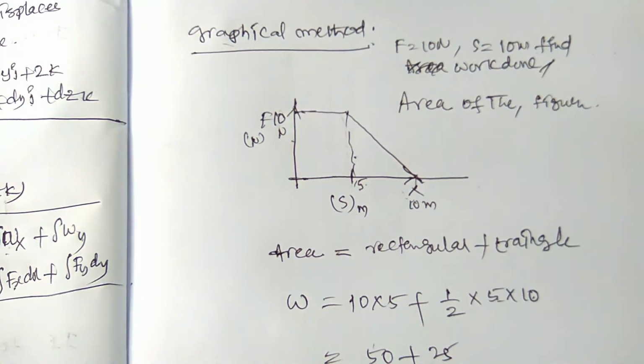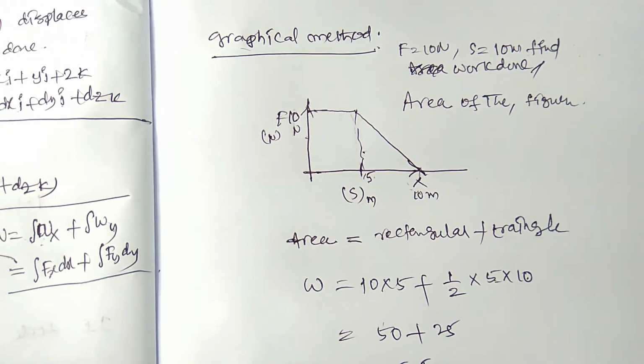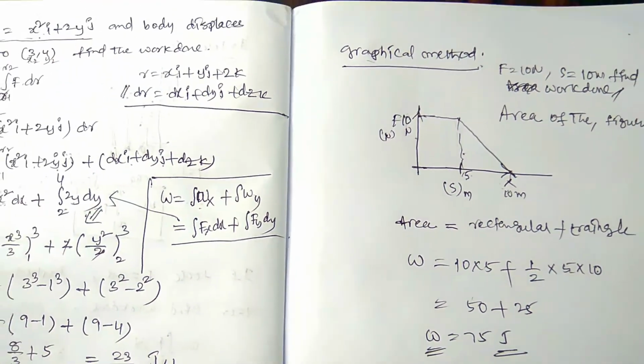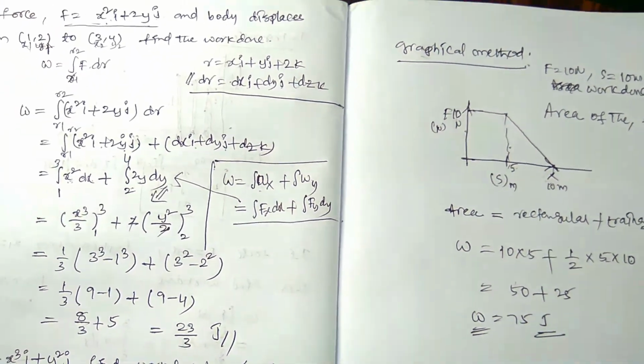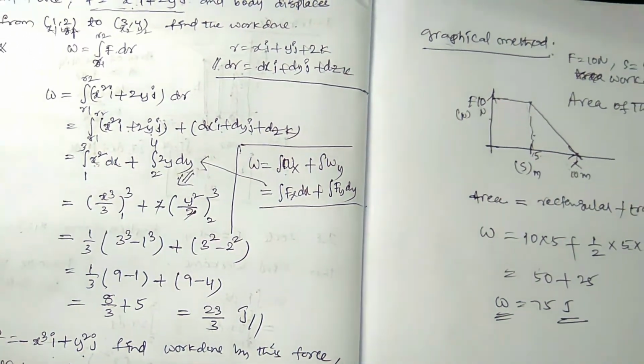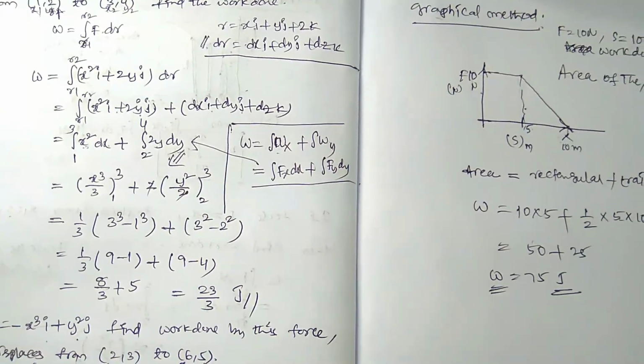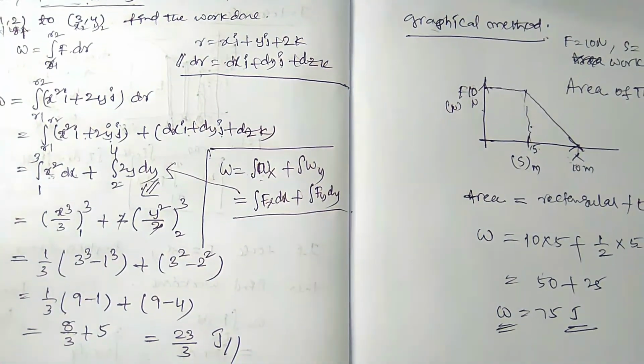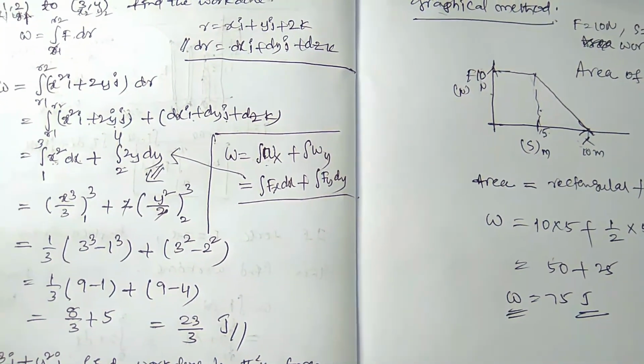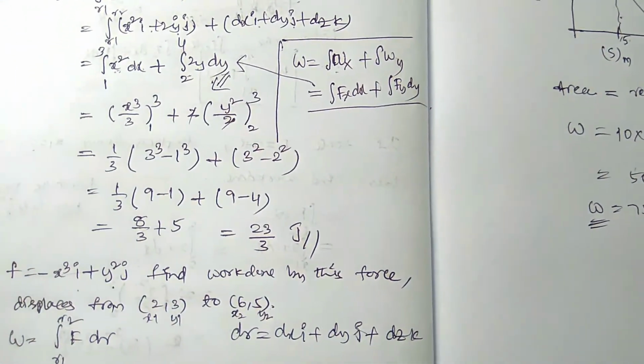This is one more example to find the work done in the case of graphical representation. So dear students, these are all the methods by which you can find the work done in the case of different methods of vector formation. You should follow and do more and more numericals. You should definitely get the concept of work done.